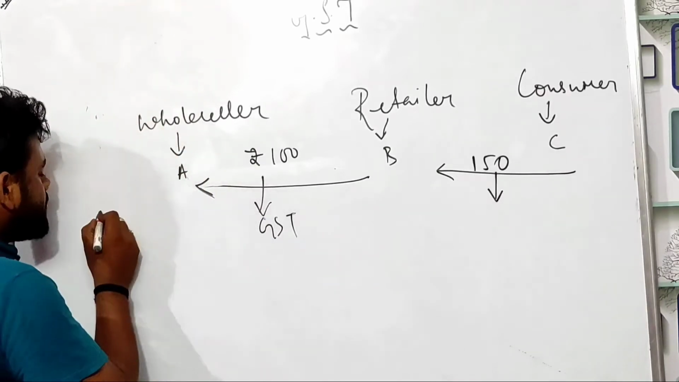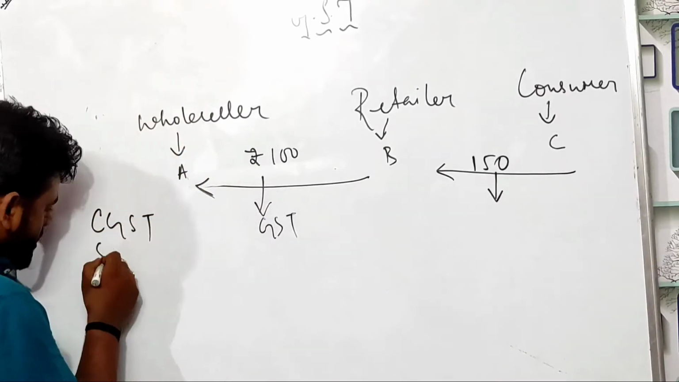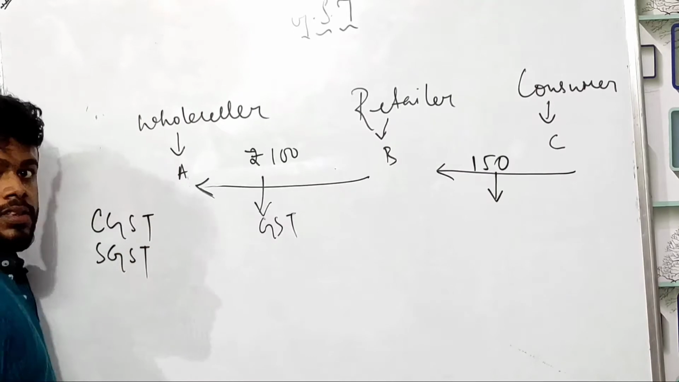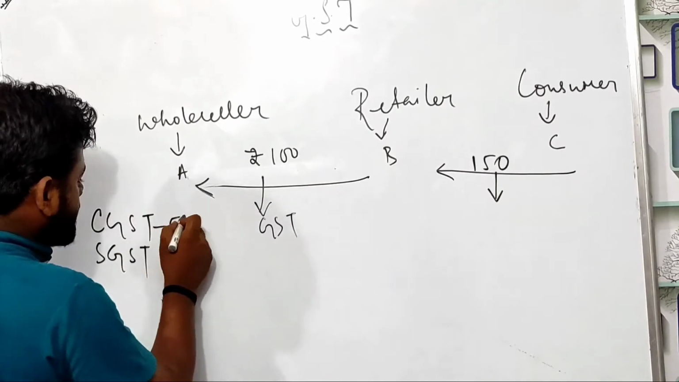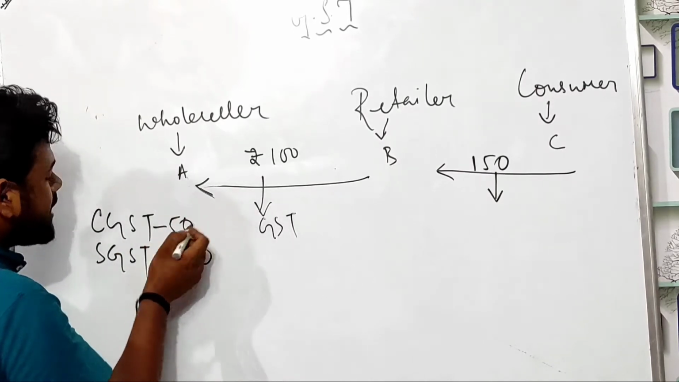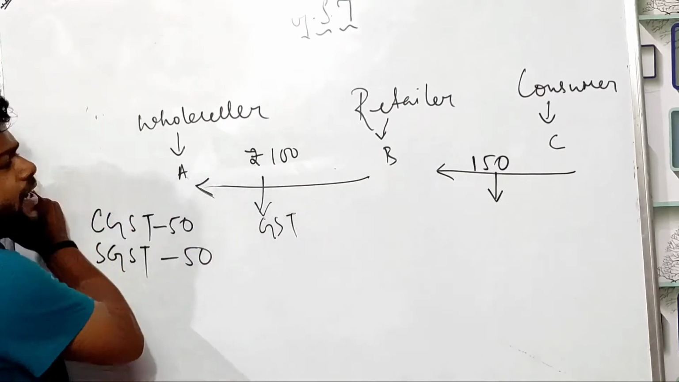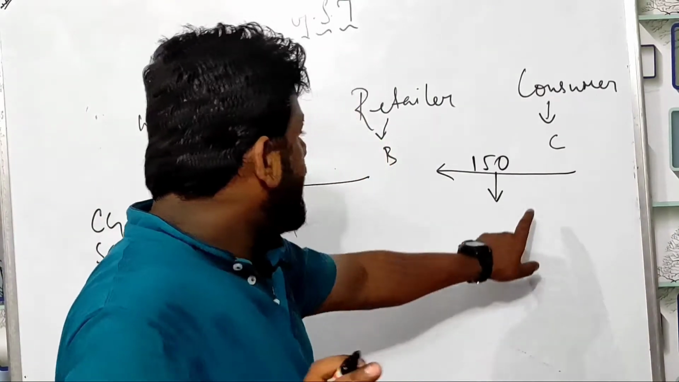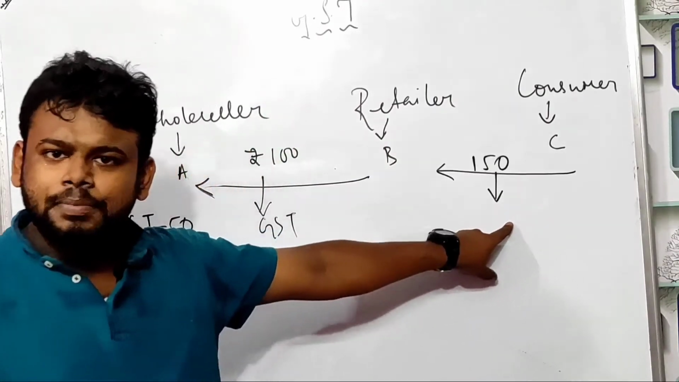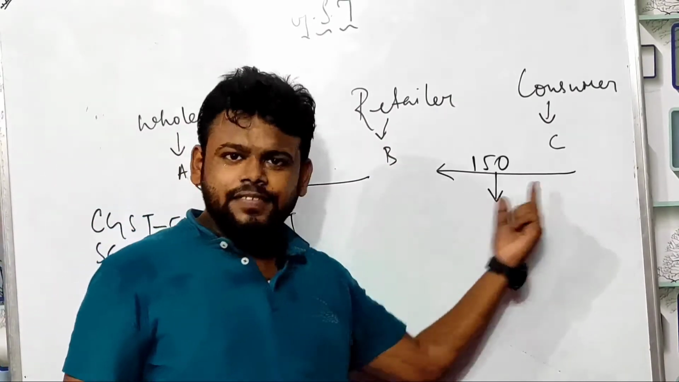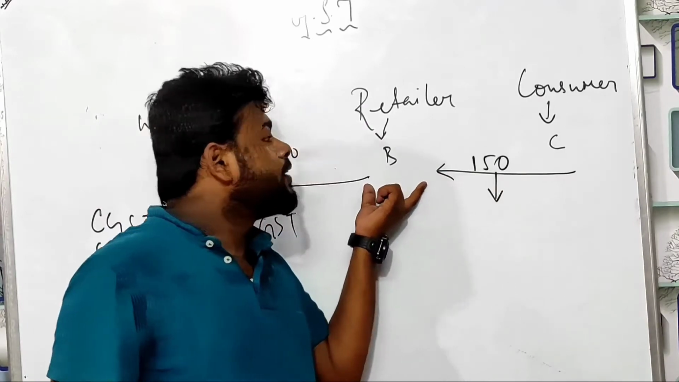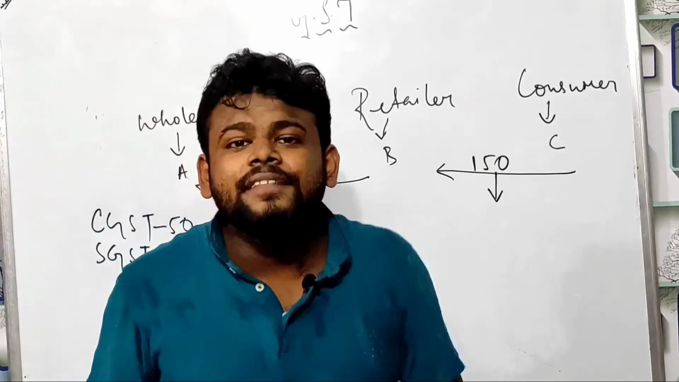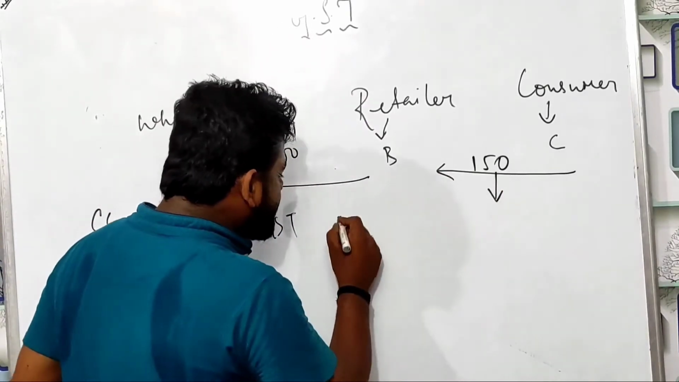GST is calculated two types: CGST, SGST. That means CGST is 50 rupees. SGST is 50 rupees. That means 50 rupees went to the central government. Are you getting or not? And here is 150 the consumer has kept. Consumer has given 150 to whom? B. So here we conclude that net tax